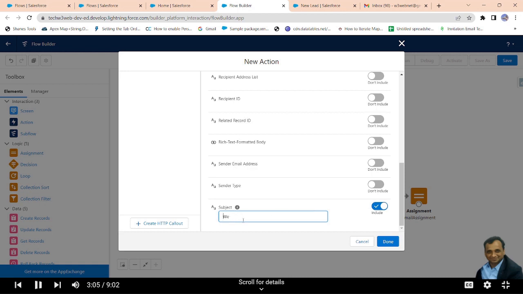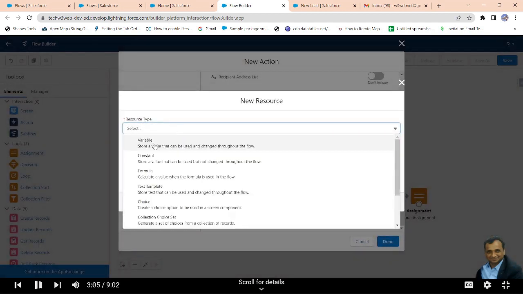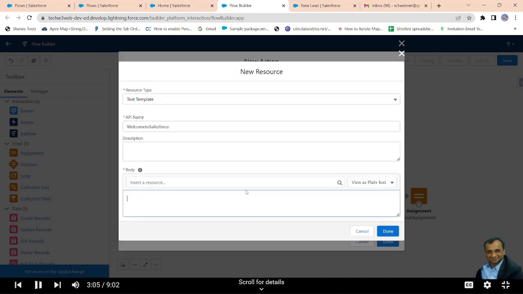Create a resource as well: a new template, Welcome to Salesforce, in plain text, Welcome to Salesforce.